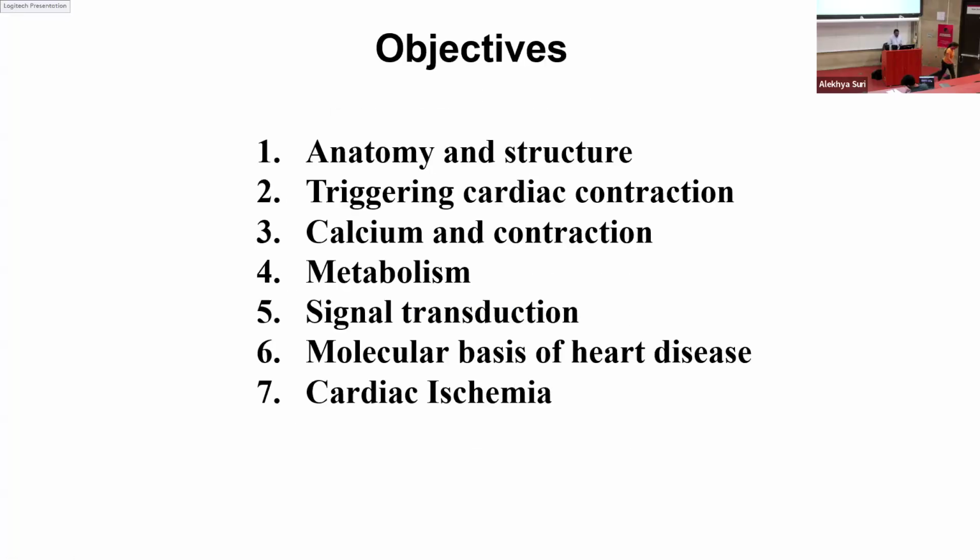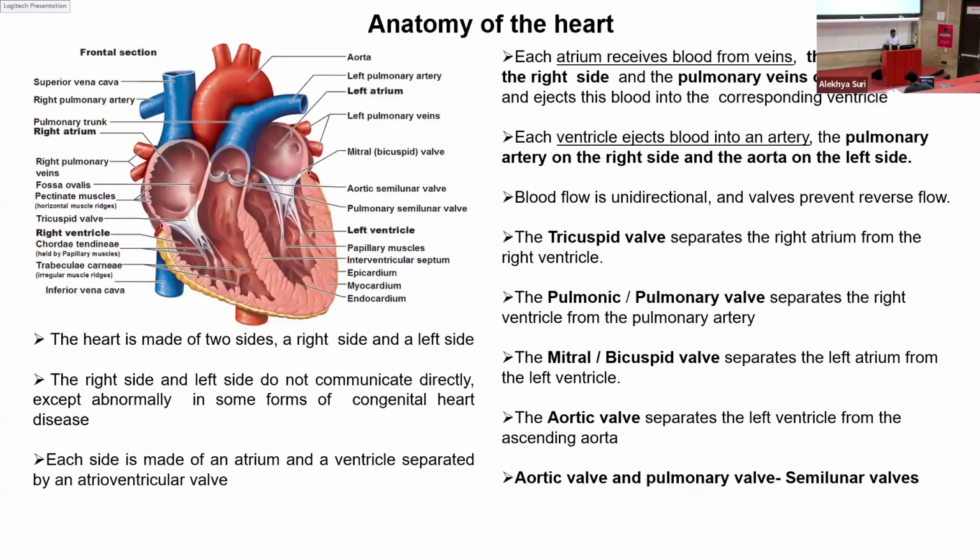Okay, so the lecture is organized in such a way, so you're going to see the basic anatomy of cardiac muscle, and then we're going to see what triggers cardiac contraction and the role of calcium in muscle contraction, and a little bit on metabolism, signal transduction. And the last two parts, we're going to see the molecular basis of heart disease with an example of cardiac ischemia. So we're going to start with the anatomy, basic anatomy and structure, which are very important to understand the